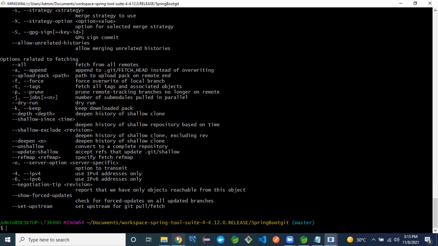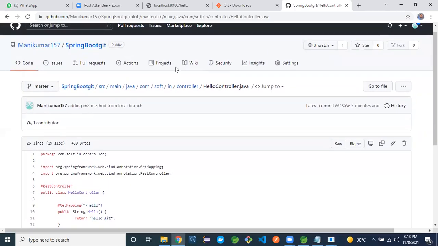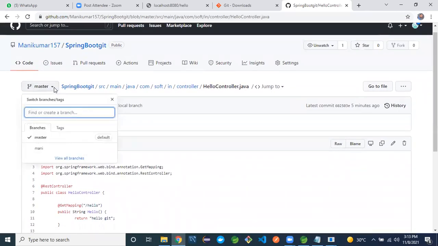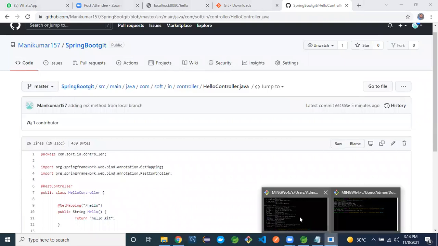See, you can go to GitHub. See, the master branch and money, two branches are available. Now we can delete the money branch. See, go to GitHub.